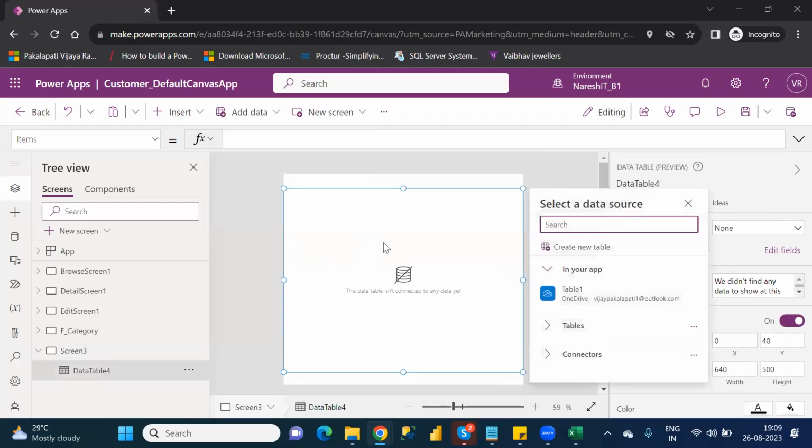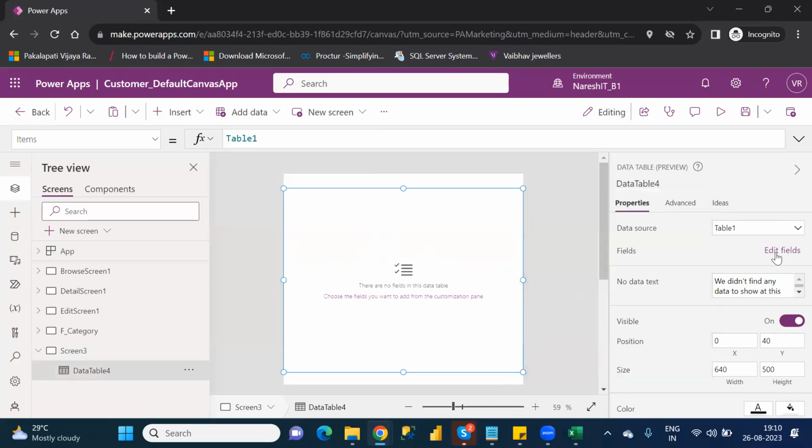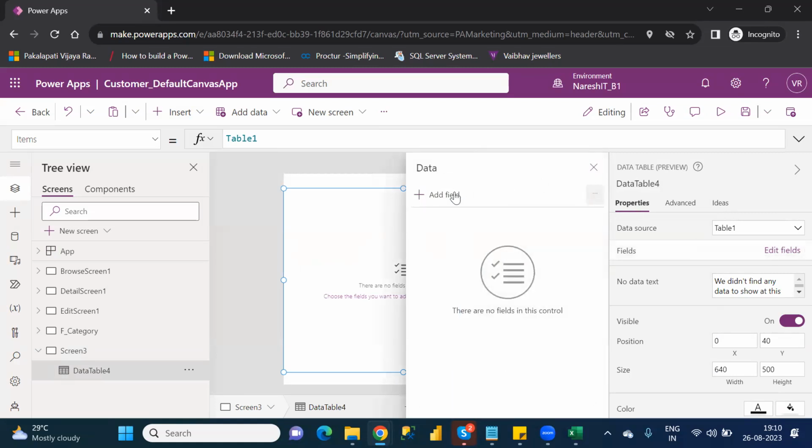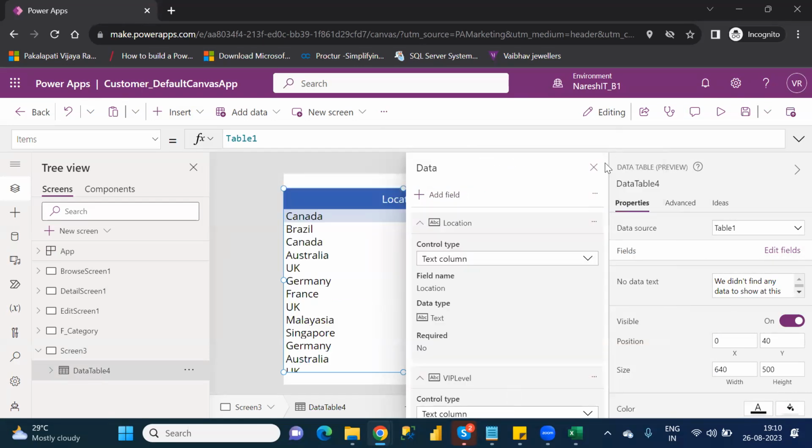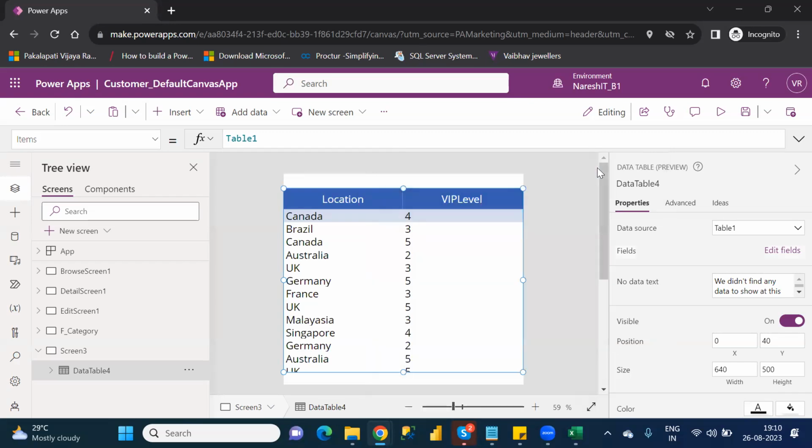See, in this data table, I'm loading in OneDrive data. There are so many columns out there, but I want location wise. See, location and VIP level. I'm taking these two columns. What I want to do is, in table one, when you are connecting with OneDrive data,